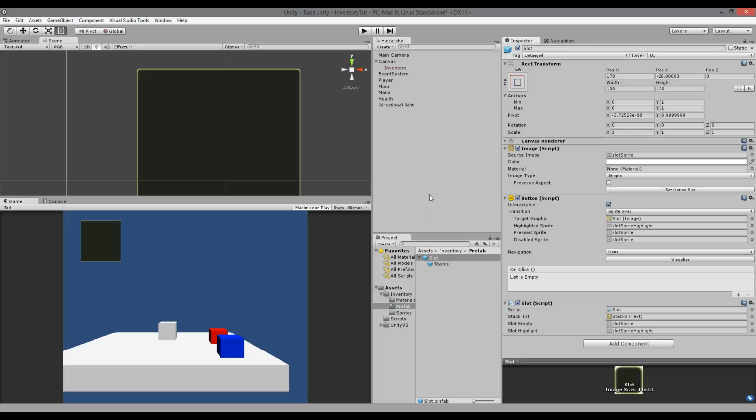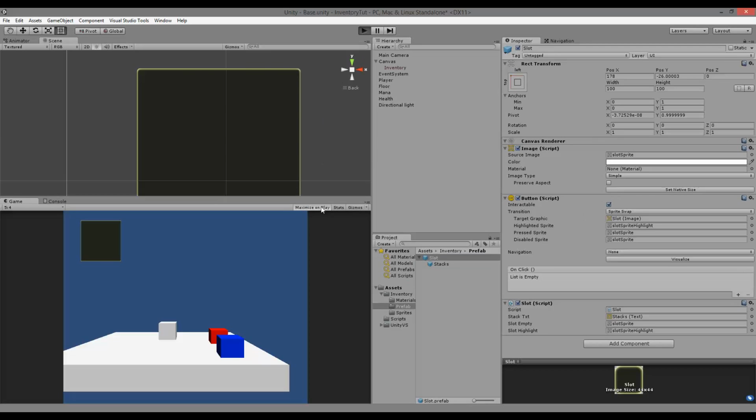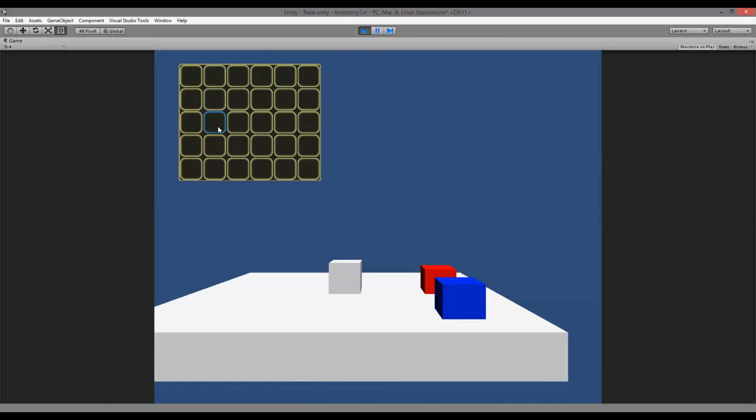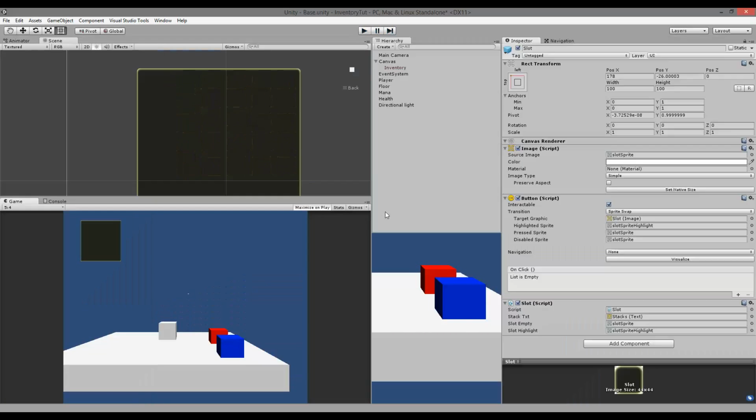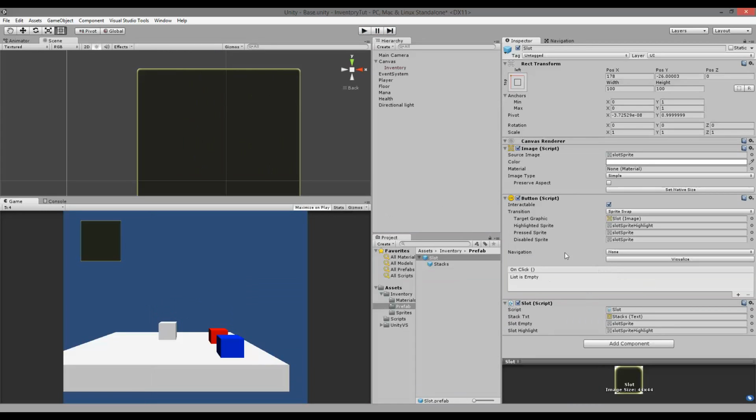We need to set up a few things. As you can see here, there is like an on-click event here, and that on-click is actually run every time I click on these items out here. So this on-click event needs to be added. So we add plus here, and then we need to add an object. And to add this object, we need to create a prefab of our inventory. So go to your hierarchy and drag the inventory to the